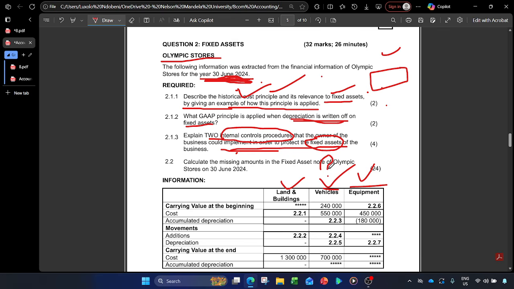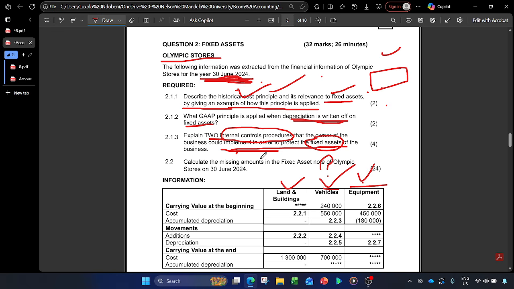And everyone knows right now that a lot of the people that are using business vehicles, they don't only use them for the business use. Sometimes they can end up using them for personal reasons. And we have equipment. People at the admin can use the equipment to go on TikTok by using the wifi of the business, watch TikTok on the computers and everything. So how can you protect those things? So this is the question, guys. How can you protect those machinery of the business by using the internal control procedures?